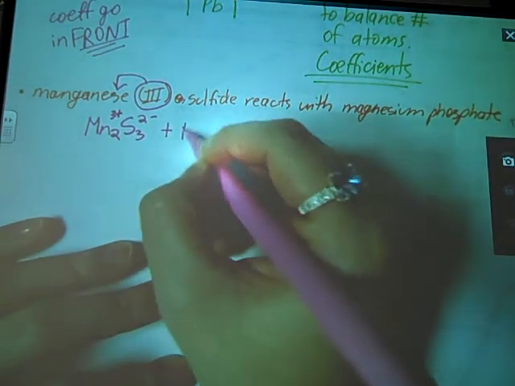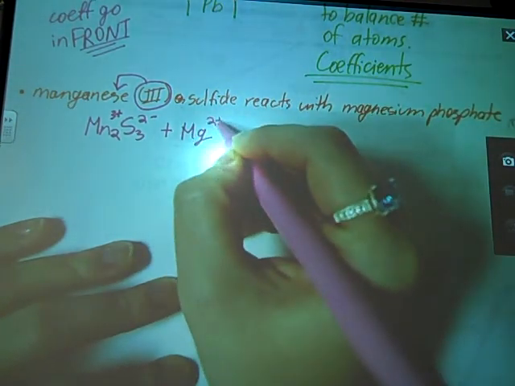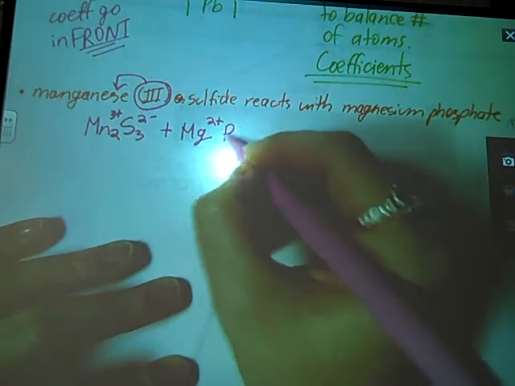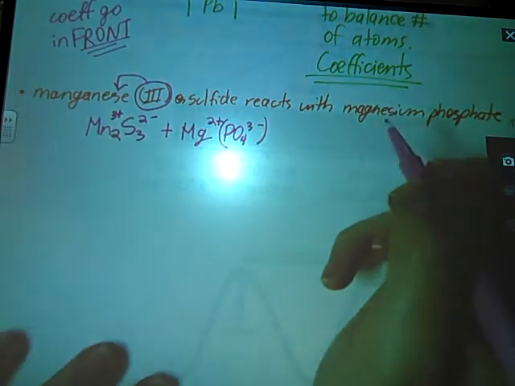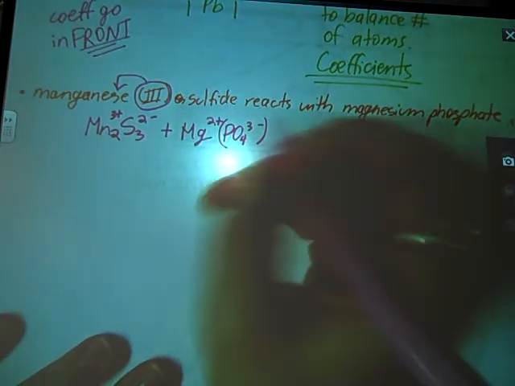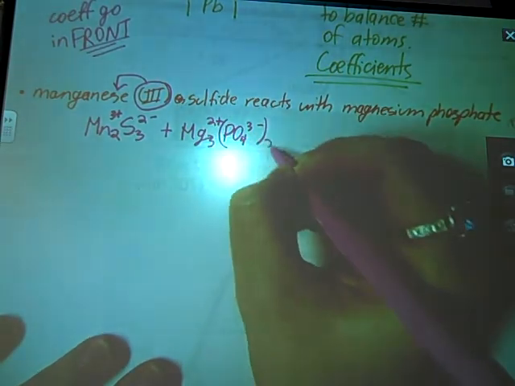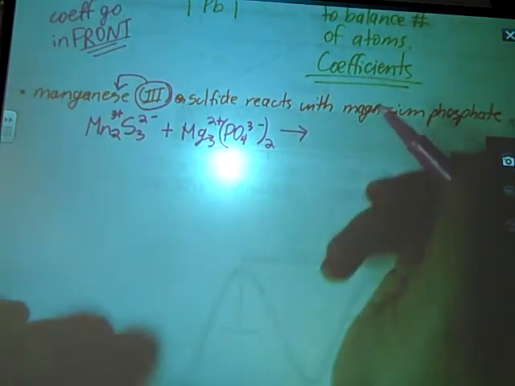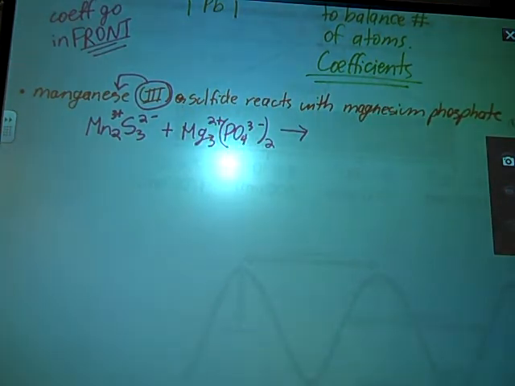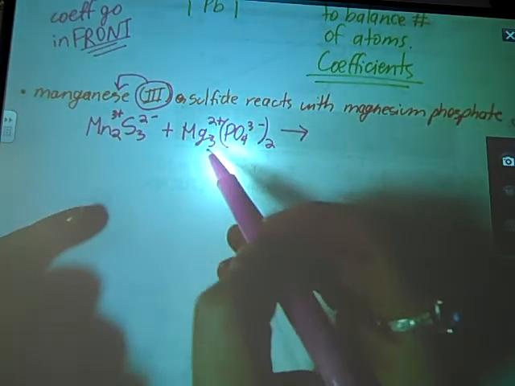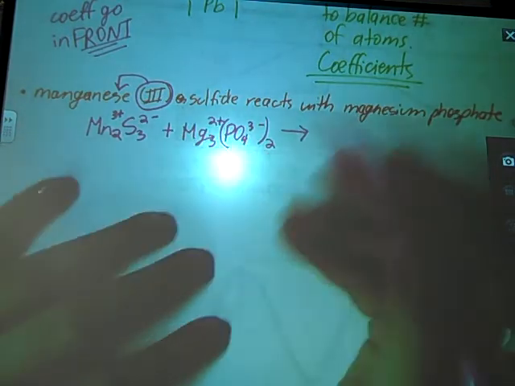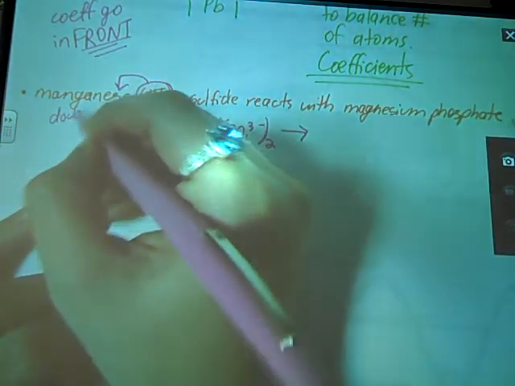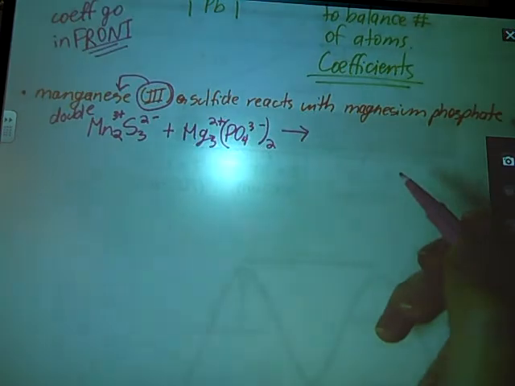Reacts with magnesium, who has a 2 plus charge always, phosphate, who has a 3 minus. There's another one that we have to get to a common denominator of 6. Now for identifying the type of reaction, this has 4 different ions: manganese, sulfide, magnesium, and phosphate. 4 different ions means this is a double replacement, which means all of my ions are going to do-si-do and